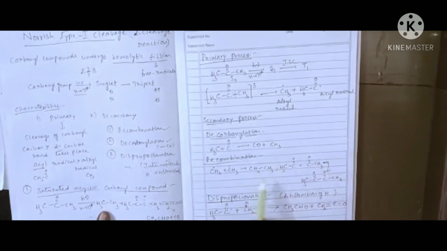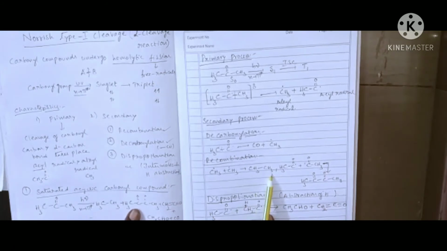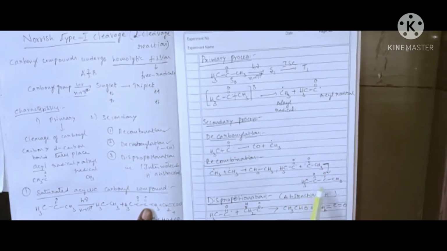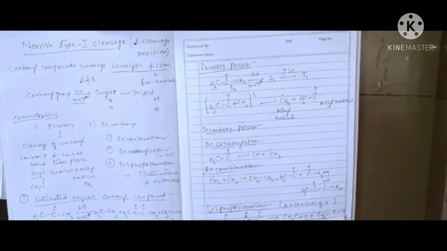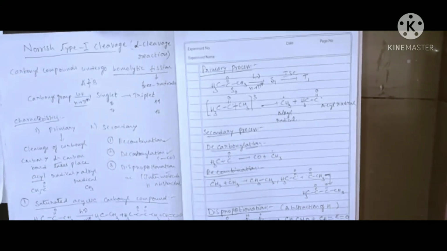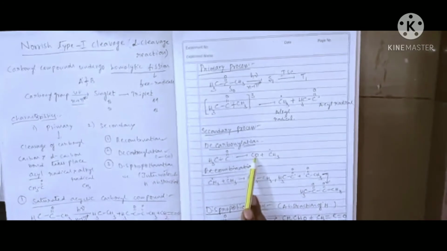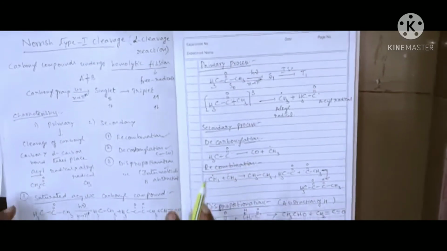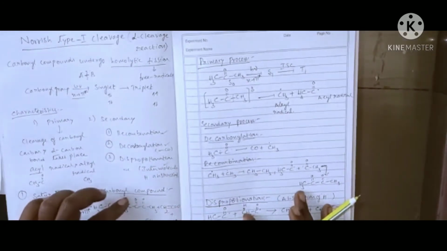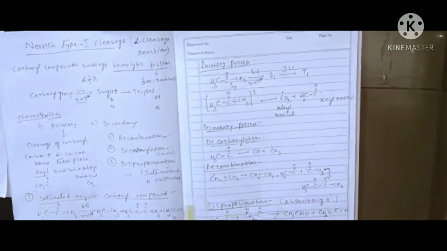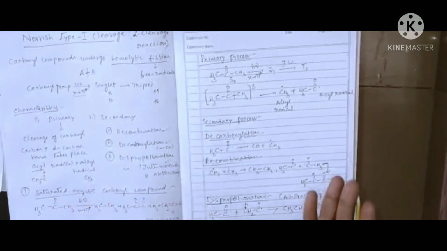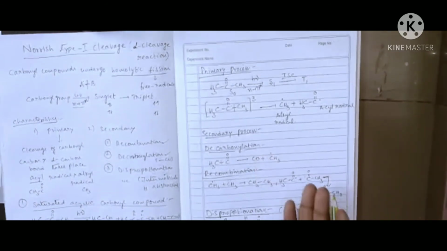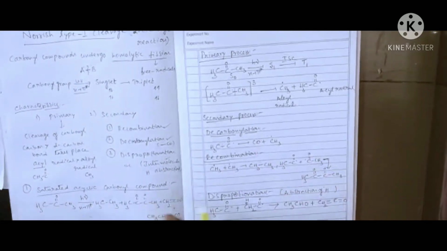So in this way, what are the products formed here? The first one is CH3 CH3, next CH3 C double bond O, C double bond O, CH3, CH2 double bond C double bond O, CH3 CHO, and carbon monoxide is eliminated. Okay, so this is our reaction and the formed products are explained here. So there is no need to memorize these products. After completion of the secondary process, you can write the products here.